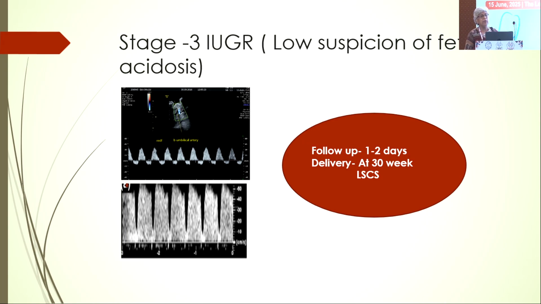Minimum 30 weeks should be crossed. I cannot take the decision before 30 weeks in case I am getting normal DV, so the mode of delivery will be cesarean. It doesn't mean that at 30 weeks I should deliver. I have to look for ductus venosus flow also. If ductus venosus flow is good, then I can extend the follow-up. But whenever I get ductus venosus flow abnormality, then I can take the decision regarding the delivery.